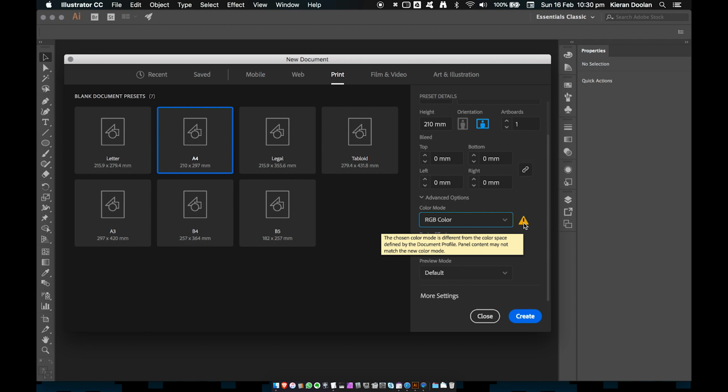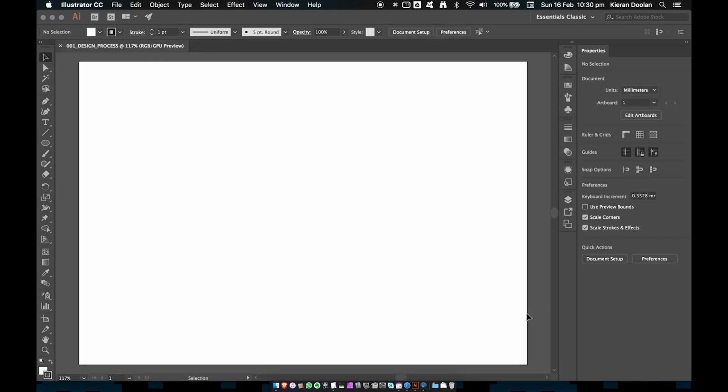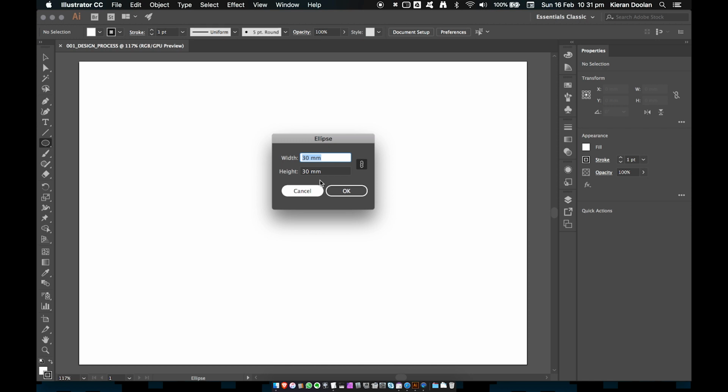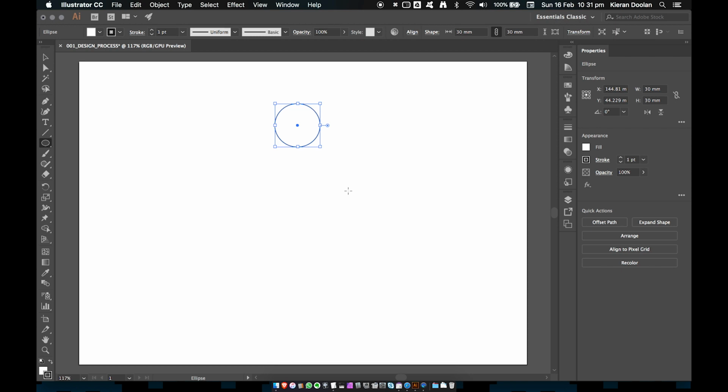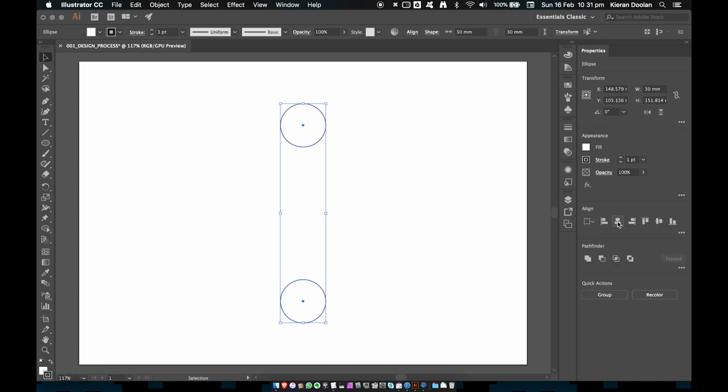for screen presentation. This probably won't be printed, so okay, going to start off with some circles using the ellipse shape tool. Just L for that tool, single click to bring up the dialog. Want to set some constrained proportions, holding down the option key to click and drag a copy, and then selecting all to use the